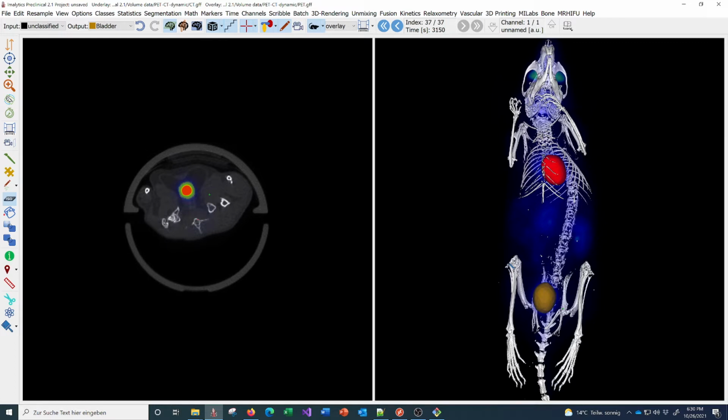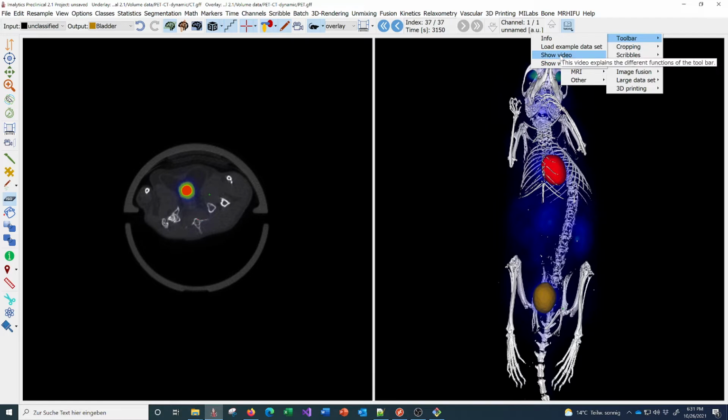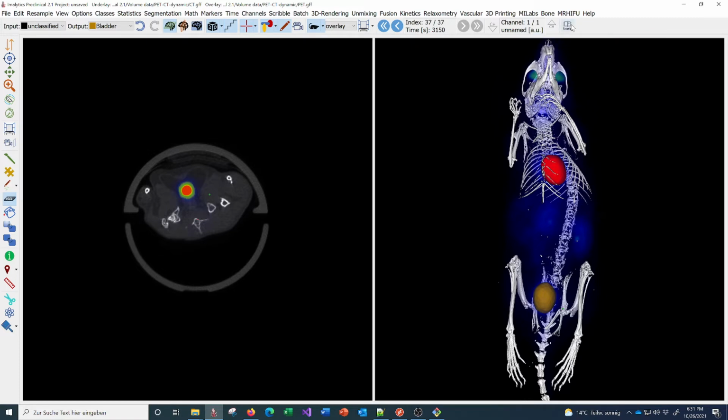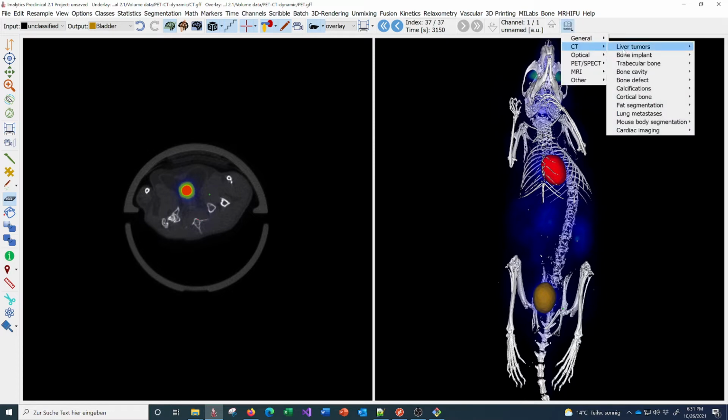To learn how to use the software, you can load a tutorial here, and you can watch the movie associated with it, and then you can practice with the data. The data comes with the software, it is installed with the software. For example, there are other tutorials also.